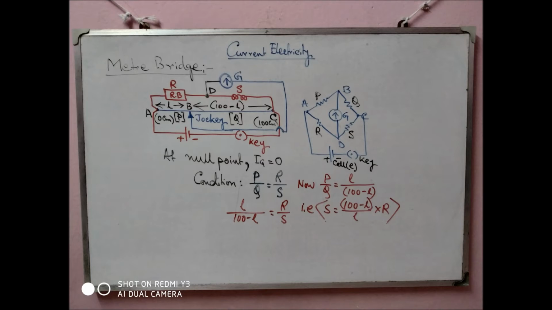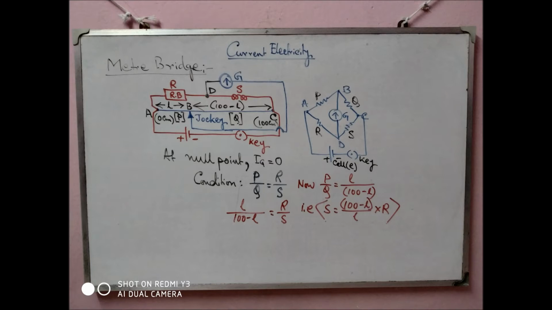Now the unknown resistance and the known resistance. Come to the lower part of the Wheatstone bridge. There is R and S. R is known, S is unknown. So this known resistance is practically a resistance box. Different known resistances are there. Whenever we plug out any one, that known resistance will be active at that point. You may add also, suppose two known resistances 2 ohms and 1 ohm. When you plug out, it will be 3. Suppose 3, 2, 2, 1, it will be 5 like this.